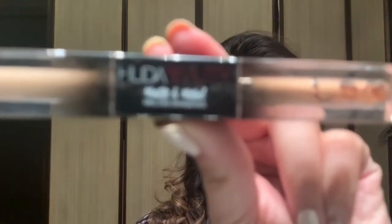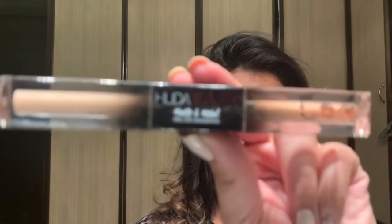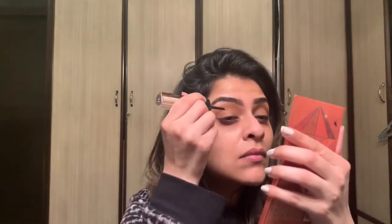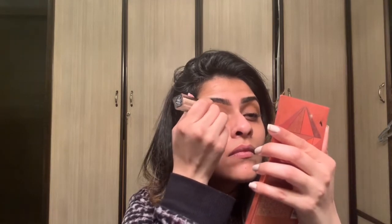Taking the Huda Beauty Melt eyeshadows, I'm taking the shade Bamboo Hoops, which is a shimmery kind of beige gold color, and applying this onto my eyelids. So I'm gonna start off by applying in the center of my eyelids and then working it towards the inner